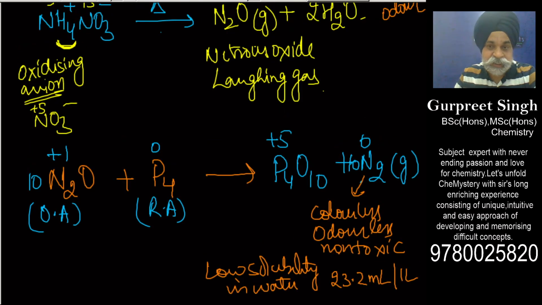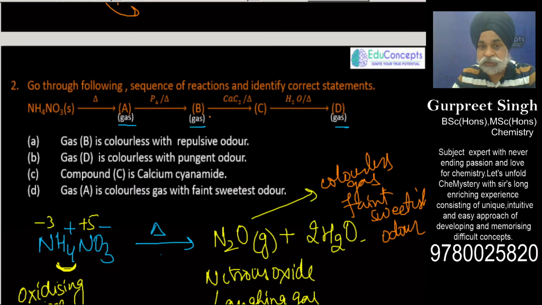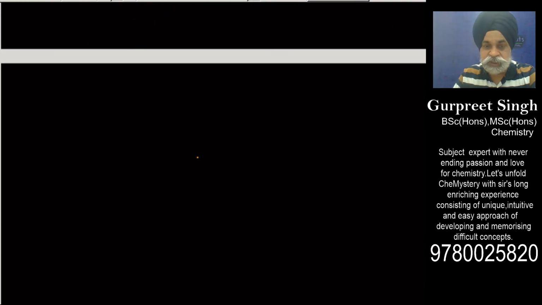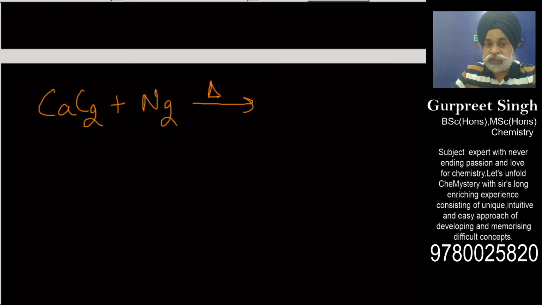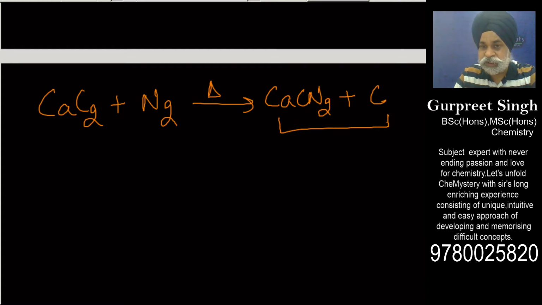Now the next thing they have asked is that nitrogen gas is then treated with calcium carbide. This is also a very interesting viewpoint. So nitrogen is treated with calcium carbide along with heating, and you end up getting calcium cyanamide along with carbon. This in a way is also called nitrolim. For this particular reaction, in one of my videos on nitrogen, for which you can see the link, the mechanism is also discussed.